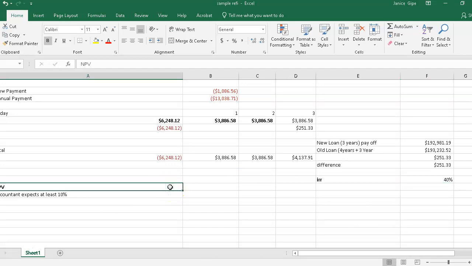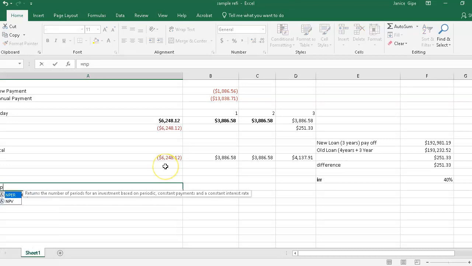On the NPV, we take all the future sums, which again we do a calculation for NPV,